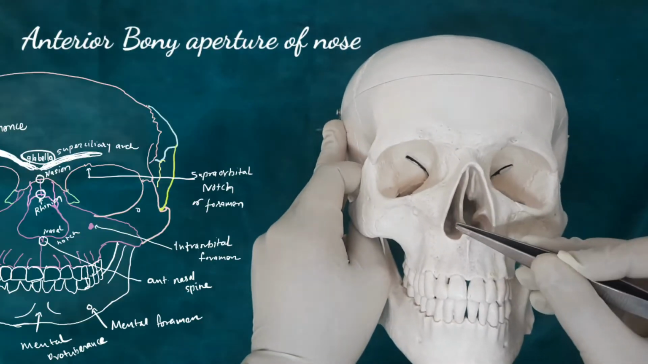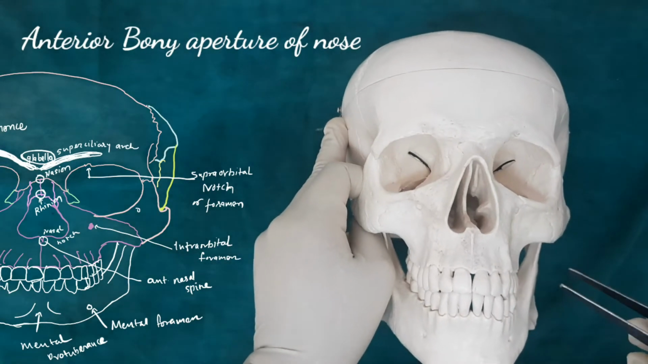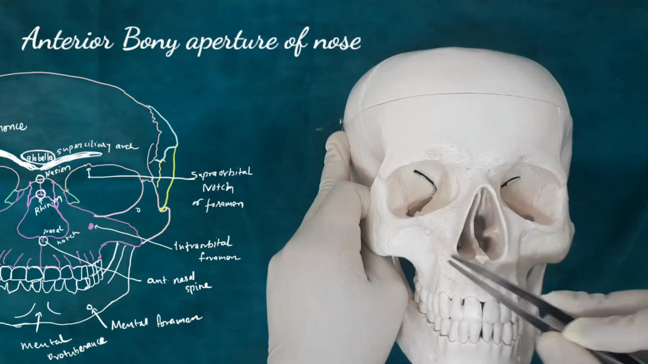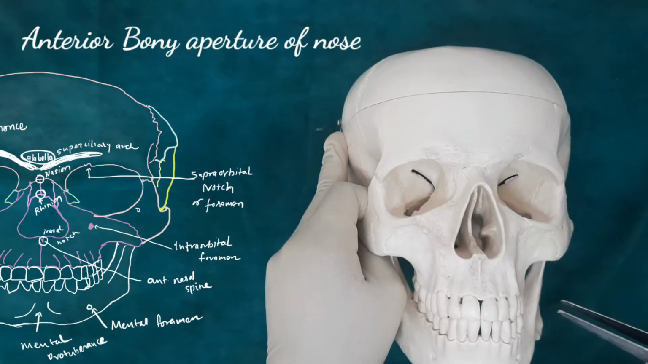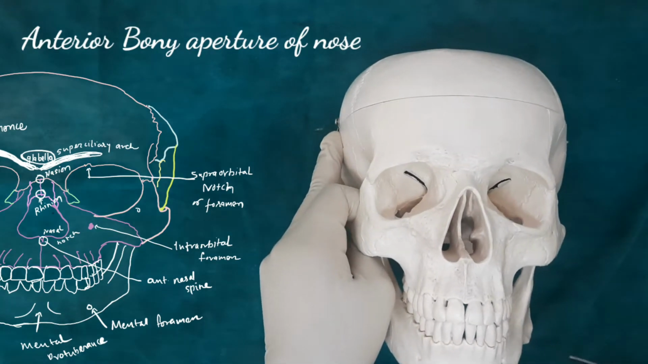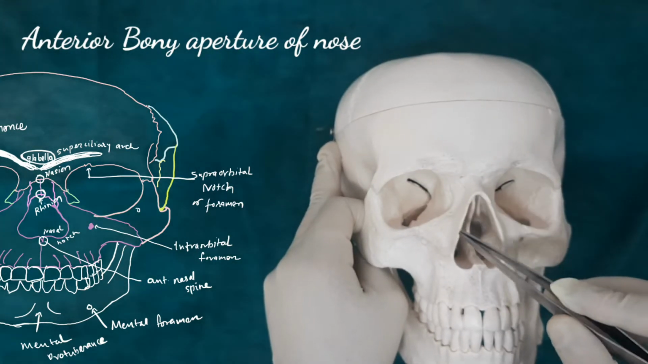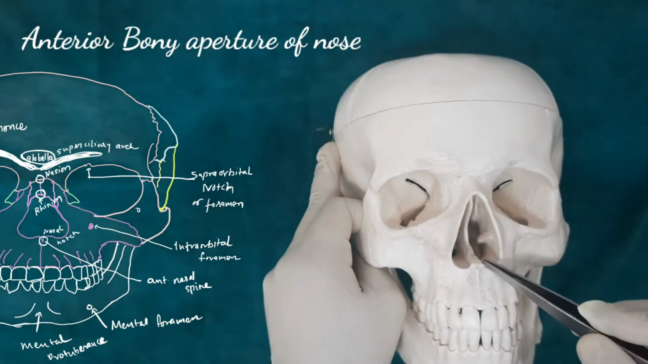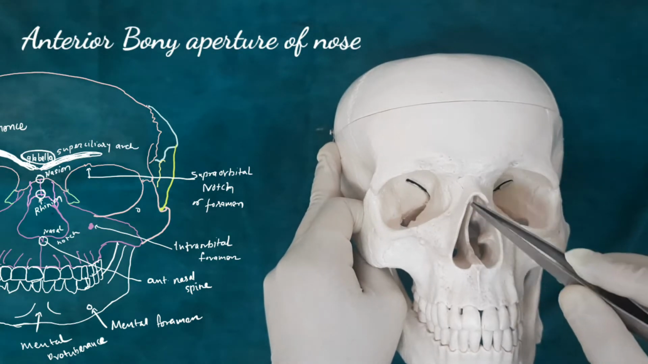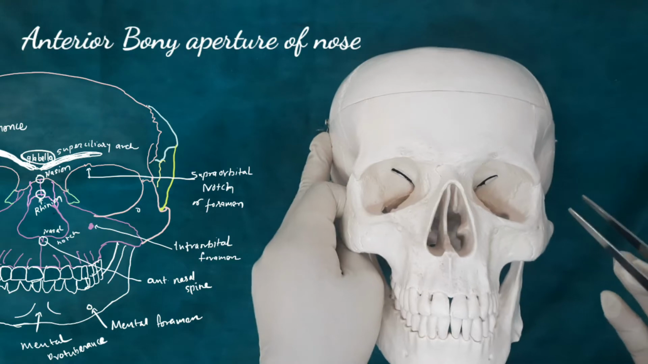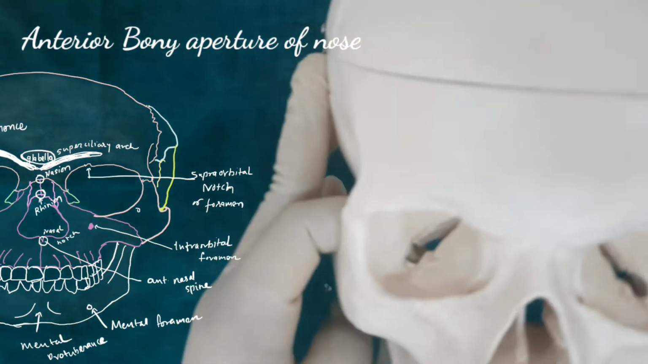Now the anterior bony aperture of the nose. This aperture is pear in shape. It is wider below than above. Above, it is bounded by the lower border of the nasal bones, whereas below, it is bounded by the nasal notch of the body of the maxilla on each side. The features we can see here are the